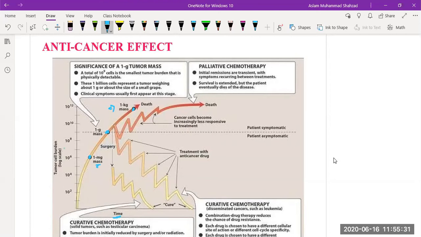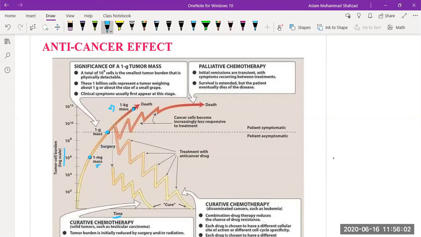We can express them in terms of logarithm. Why do we express them on a logarithm scale? Because it is increasing sharply. That is why we explain them in terms of the log scale, where time and tumor cell burden are very important. With the increase in the quantity or mass of the tumor cells, the person is more likely to die early. So that is the first important thing.